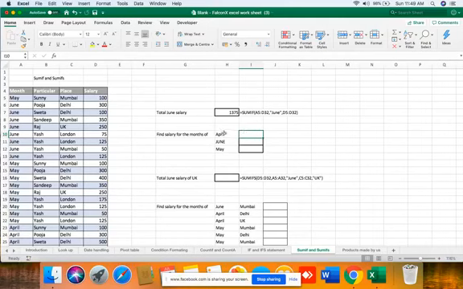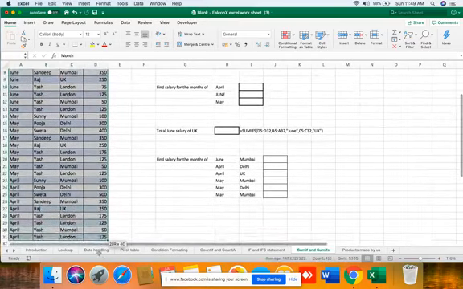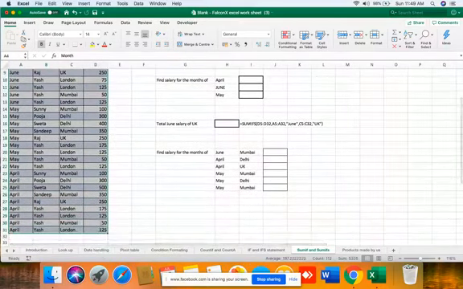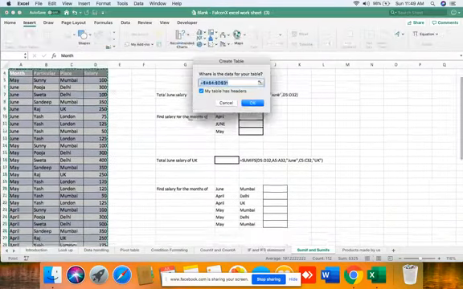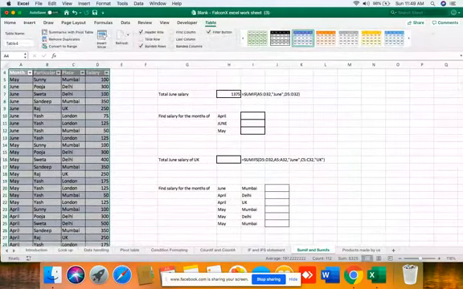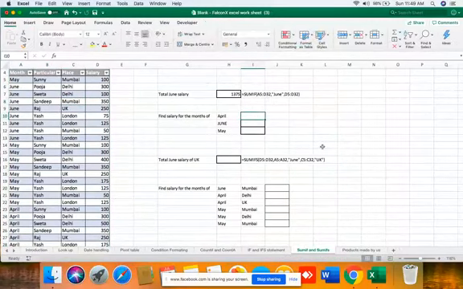Now we have to find the salary of all the 3 months. How can we find it? Let's first put our data in an Excel table. Insert Excel table. This will help us to freeze the data values.